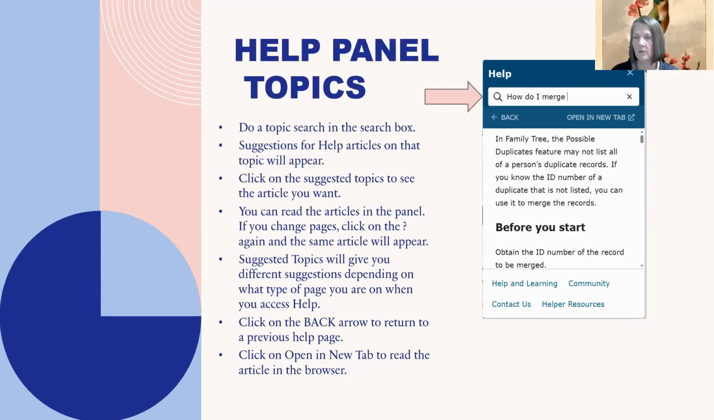in the panel. So there you can see I put how do I merge, and what came up was the automatic possible duplicates feature. Now that's an actual article, and you can open the article in a new tab. You can read it in the panel. You can open it up as an article itself. If you want to open the panel larger to read the article a little bit easier, you can do that,